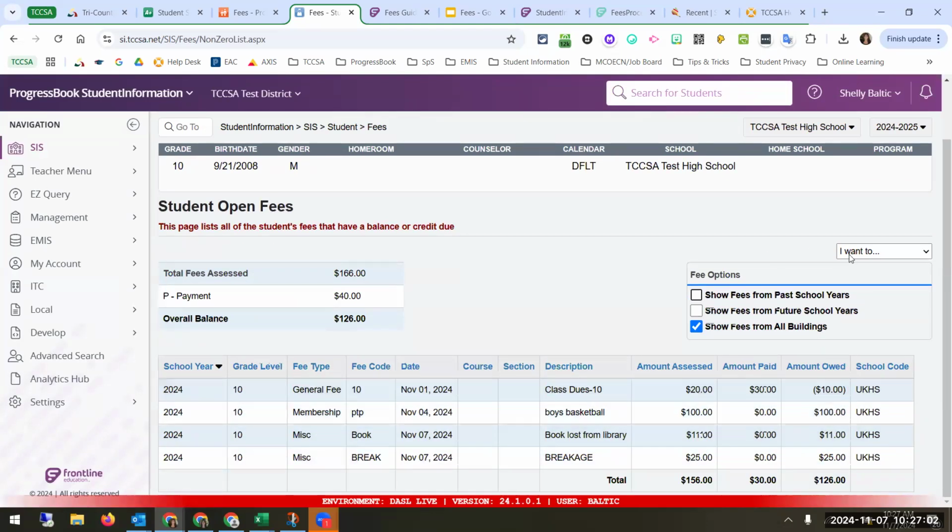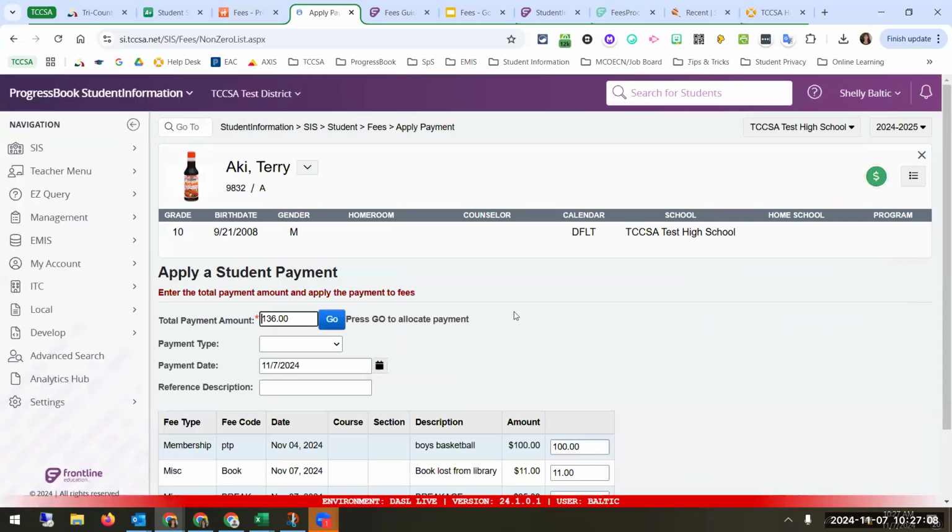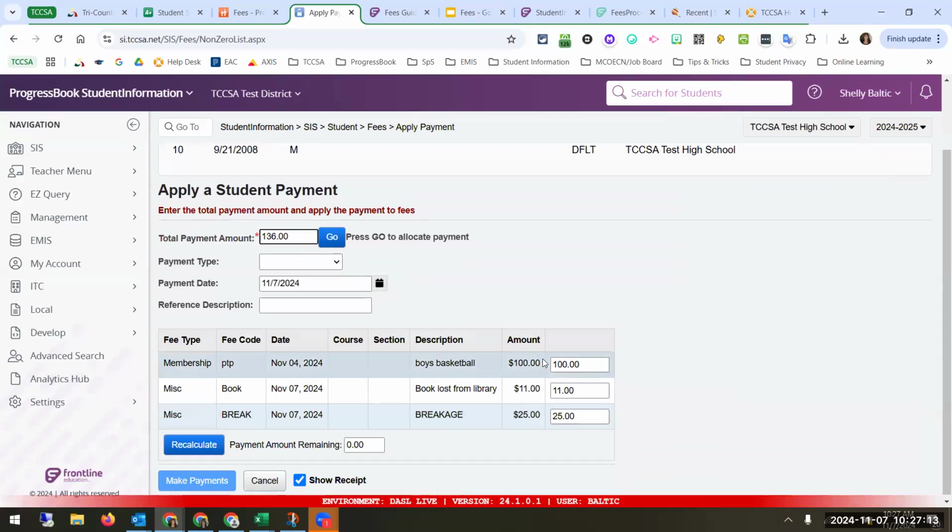Okay. A couple other things under the I want to, you can apply a payment. So if the student is making the payment in full, it will automatically allocate those payments to equal payments for what the amount was. If the student is not making the exact payment, whether it's over or it's under, you do have to allocate each amount. So for example, if he brought in $100,